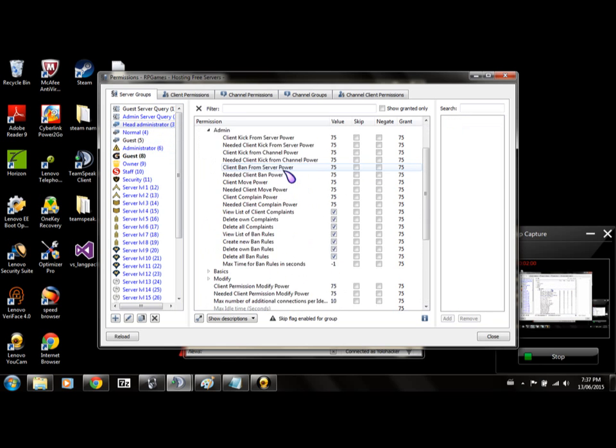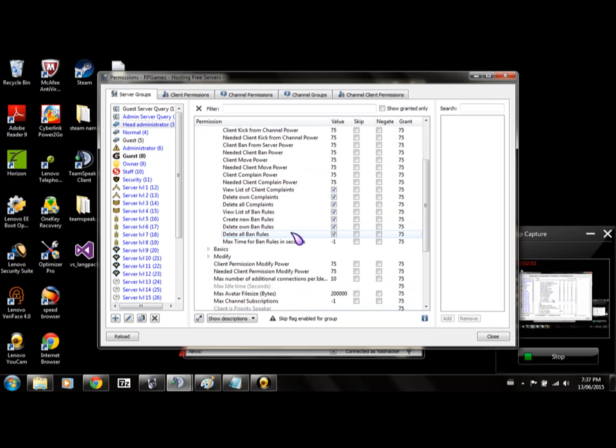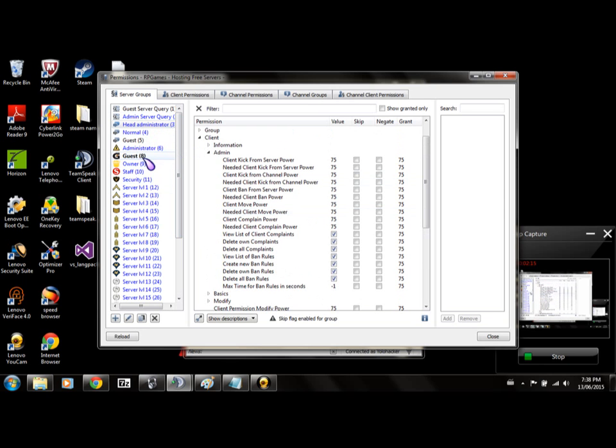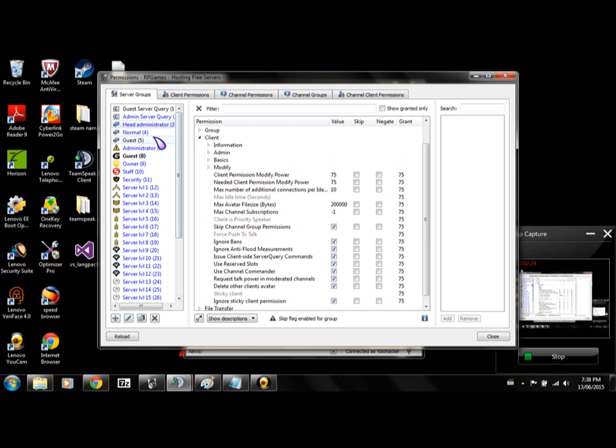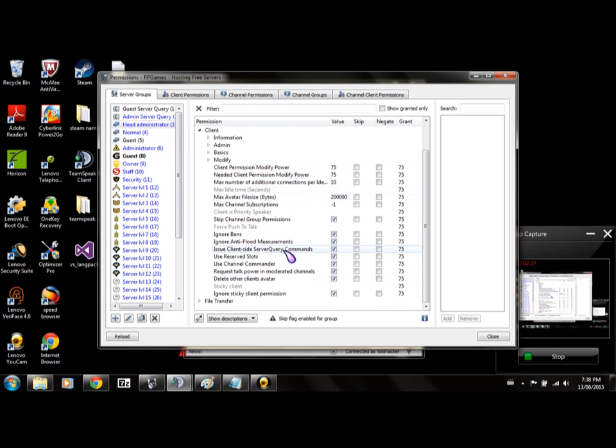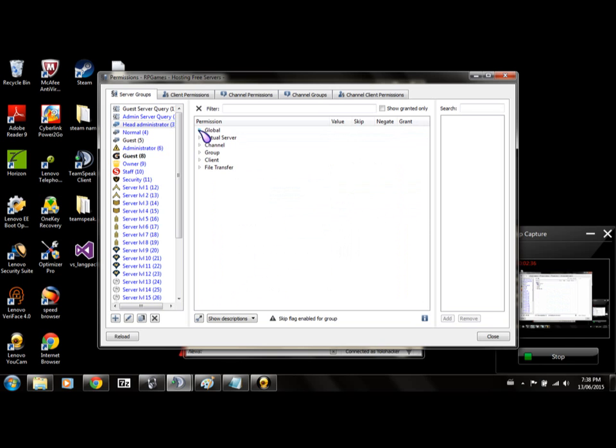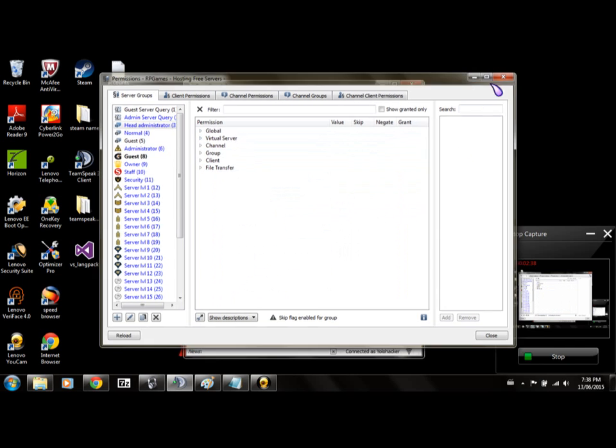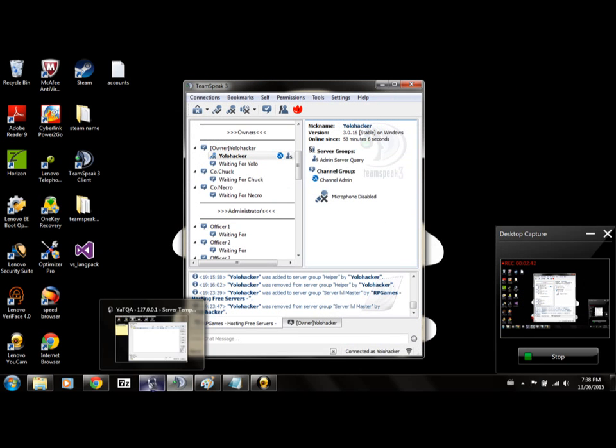Now head administrator just is adminning everything. So I suggest you give this to your best friend, because this is still a little overpowered. If you go to administrator, some things aren't the same. Head administrator just means you can do every single thing except it's at 75, which in some cases server cores don't allow, but this is free. So it's called